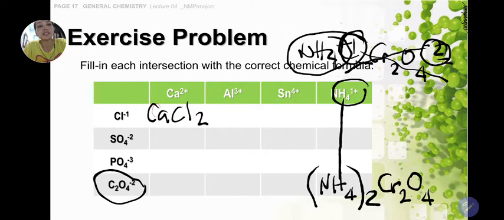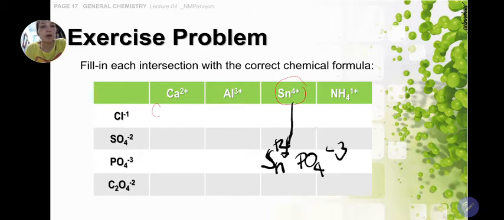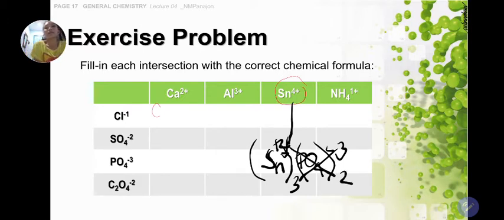So, this is another example. We have this intersection, Sn, ito. Okay, Sn, which is stannic or stannous. Depends kasi sa pag-name ng chemical compounds. Excuse me. So, this is positive 4. And then, your phosphate is PO4, and that is negative 3. So, kapag pinag-cross multiply nyo sila, ito magiging 3, and this is magiging 2. So, your resulting chemical formula will be